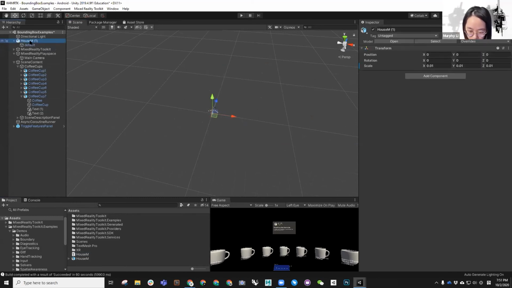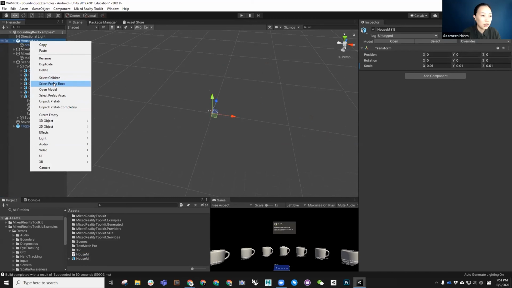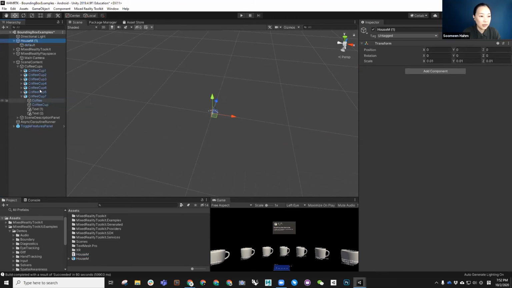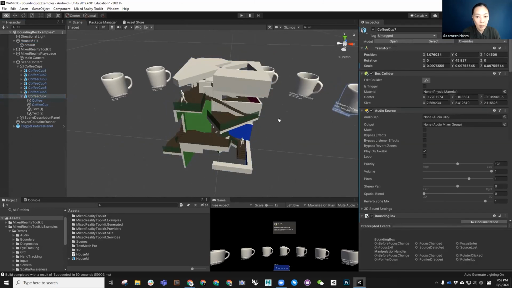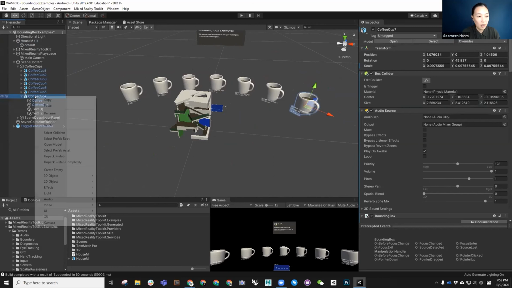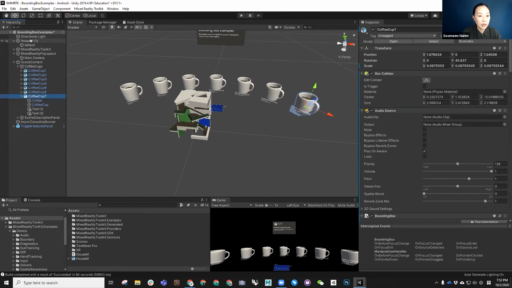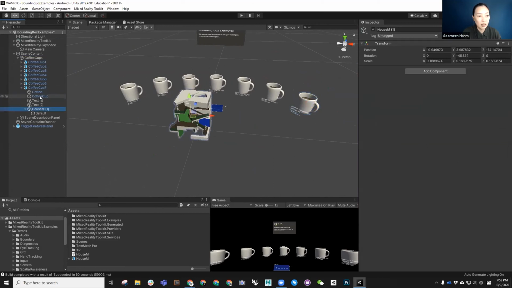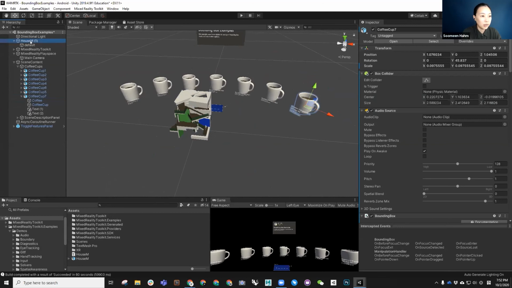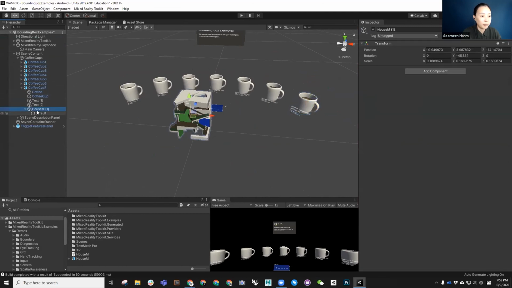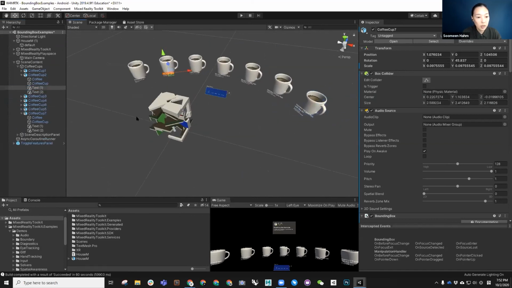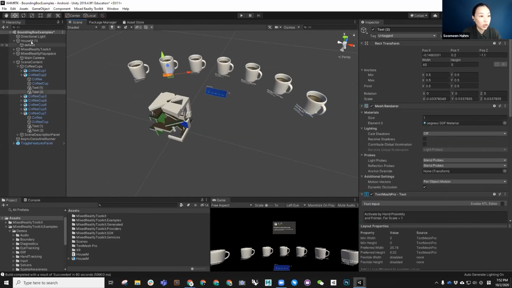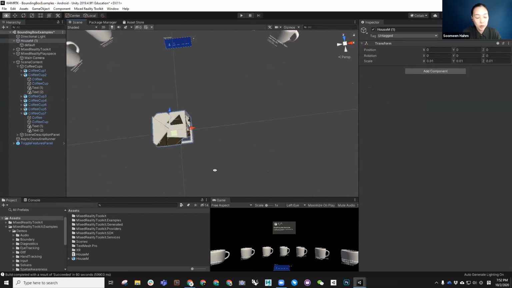So what I'm going to do is unpack the preset, and I'm going to unpack only this one, so I can replace. See what's happening. If I want to drag this inside here, it's actually allowing me. Okay, it's not good to do it like that. But let me move this one